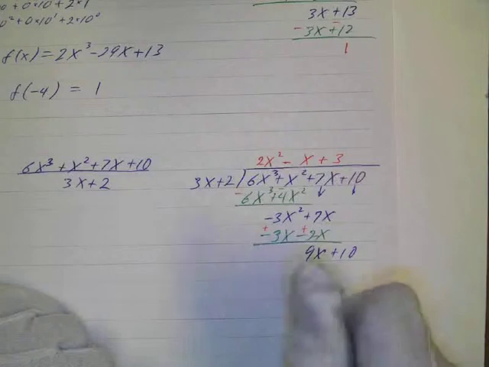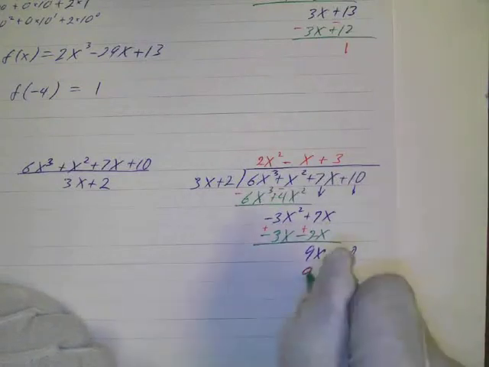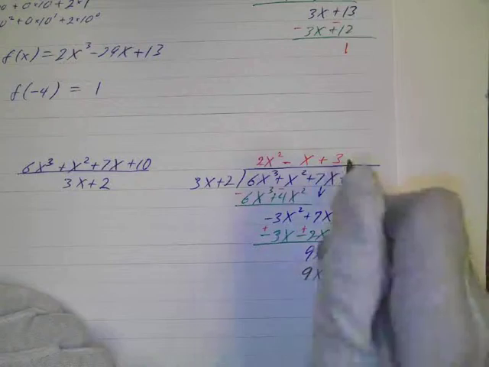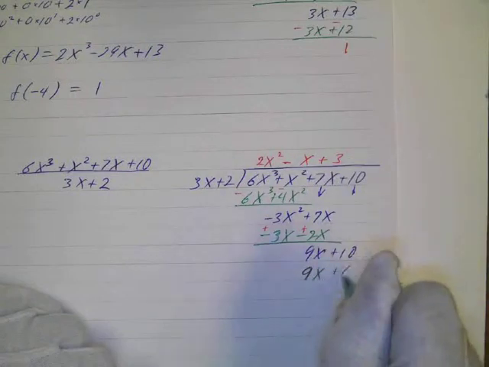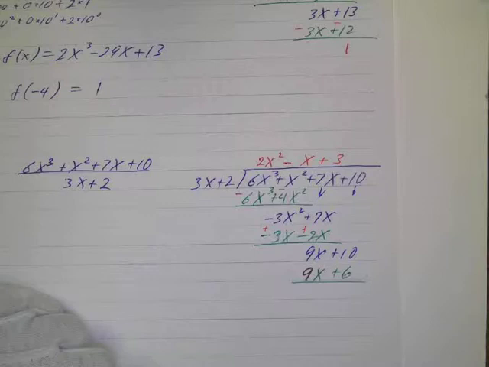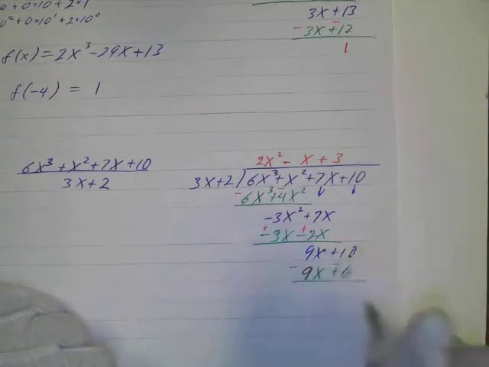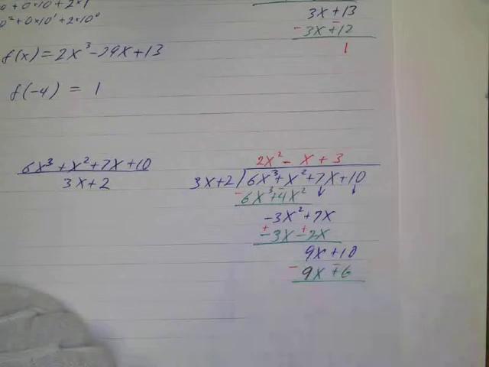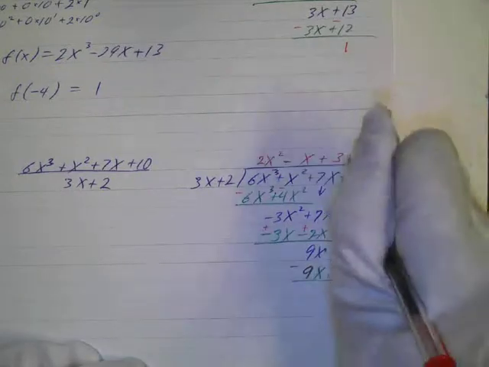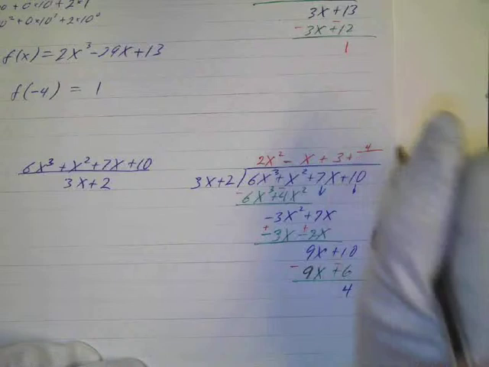And 3 times 3 is 9x. It's a perfect match. And then 3 times 2 is 6. And then we change our signs and add 0 and 4. So the remainder is 4. 10 minus 6 is 4, so it's going to be plus 4 over